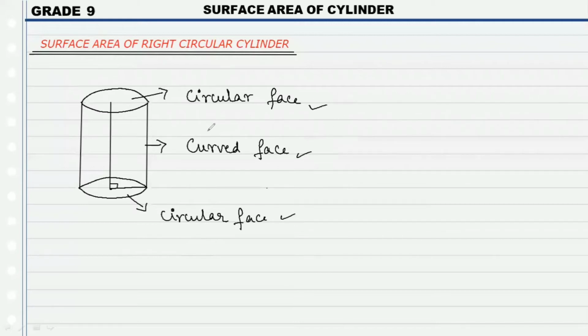Right? The two circles that make up the ends of the cylinder, इनका area निकालेंगे, plus the side of the cylinder, जो कि है आपका curved face. अगर हम इसे unroll करते हैं, okay, which when unrolled will be a rectangle, isn't it? So we are having three faces and then we will be finding the surface area of this right circular cylinder. Let me take help of the Maths Open Ref to explain you more about it.